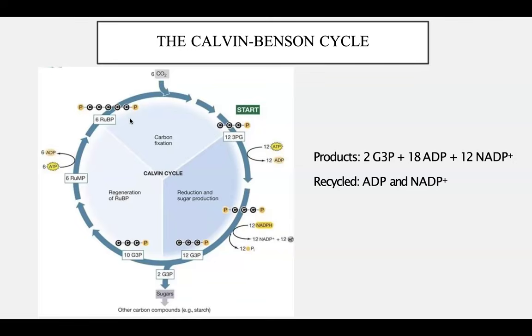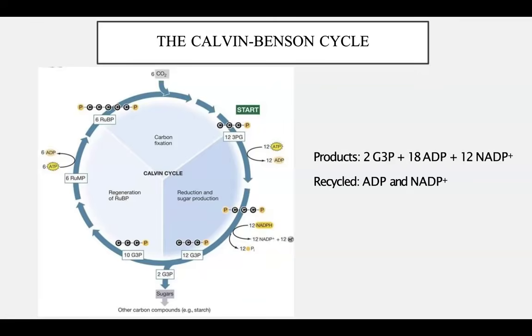However, RuBP is very unstable. Because of RuBP's instability, it eventually creates another unstable 6-carbon intermediate that breaks down to form 3-carbon 3PGs. So 1, 2, 3-carbon 3PGs. So 6 RuBP become 12 3PGs. RuBP takes a carbon from carbon dioxide, becomes 6-carbon, and then essentially gets cleaved in half to produce 3PG.